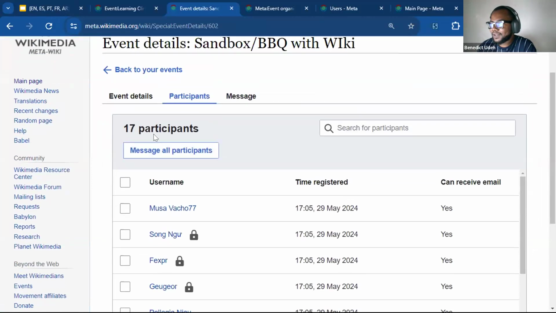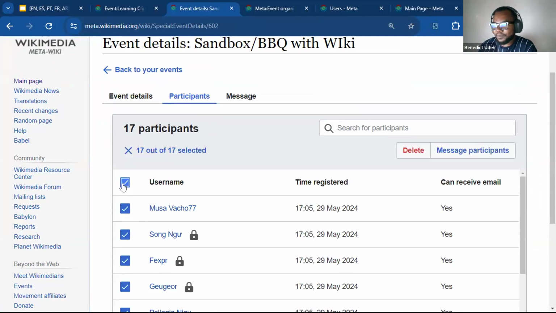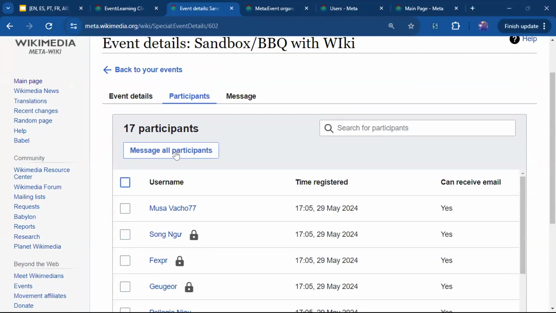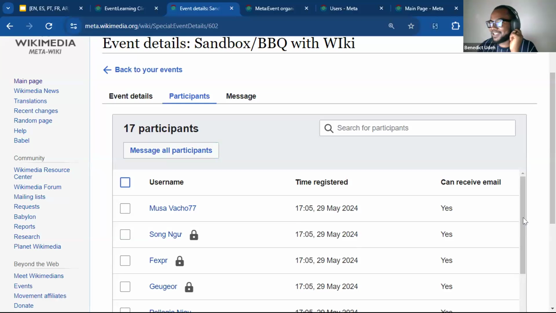Then you can highlight the participants you want to send a message to. If you want to send to everybody, just click on this one at the top, or click on message all participants. The key thing to note here in sending a message is that